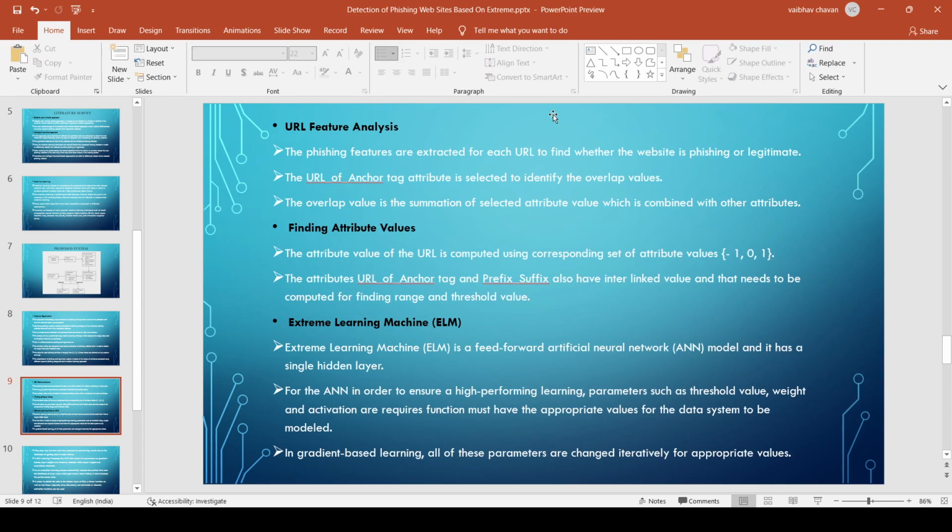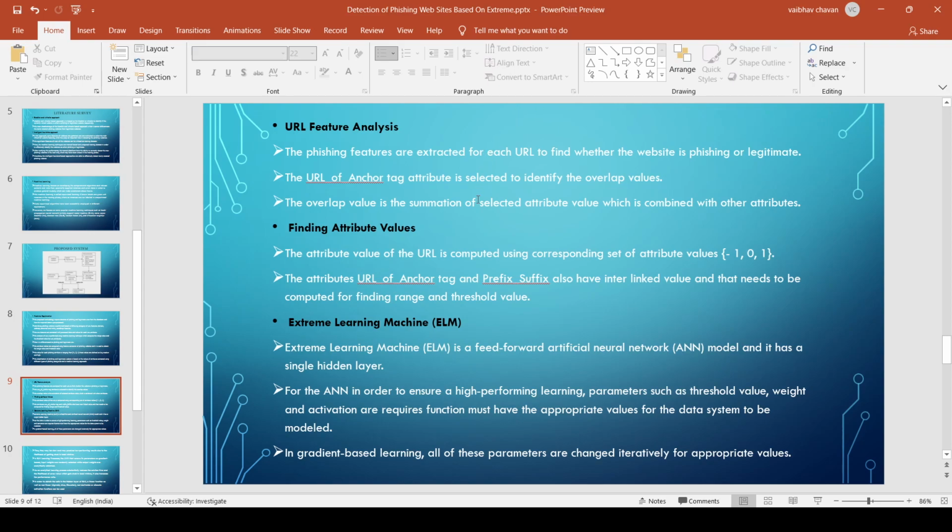Parameters such as threshold values, weight, and activation and required functions must have the appropriate value for the dataset to be modeled.